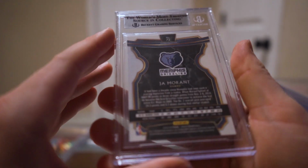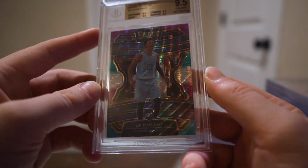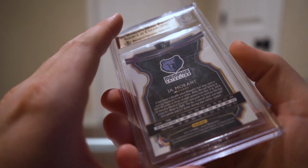Just a concourse base select card of John Morant. And we ended off with a select tricolor concourse, 9.5 all across the board, John Morant. So that probably was a boring ass video. I just read a bunch of stuff to you, but